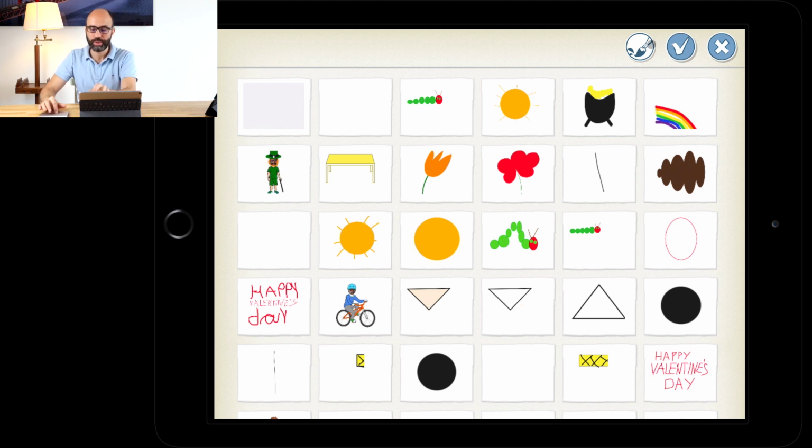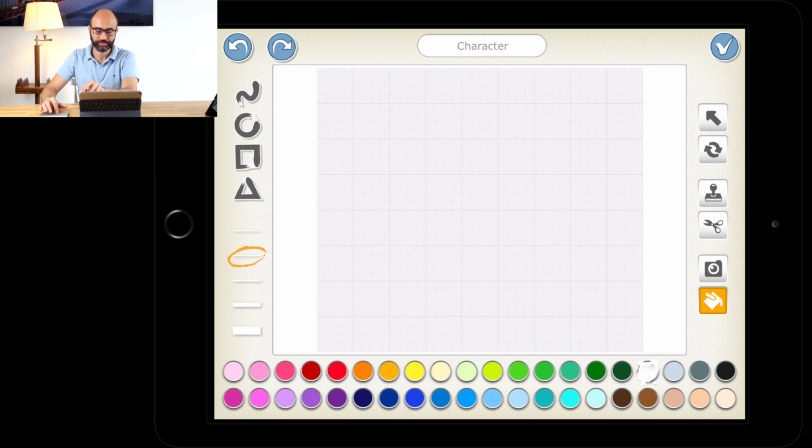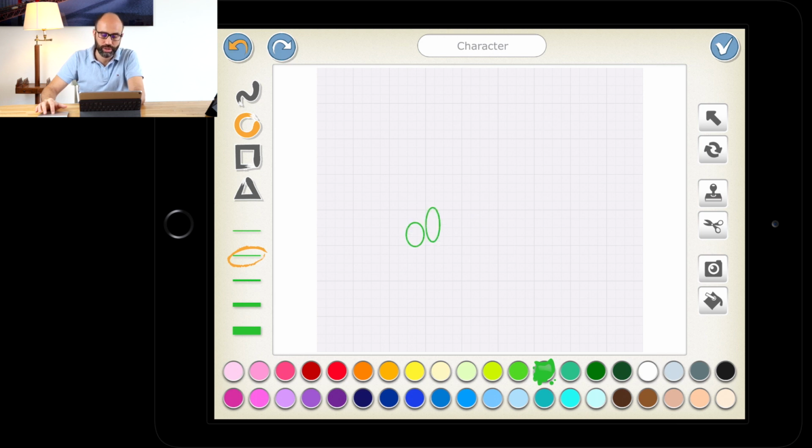So go up to the paintbrush. And now we're going to use the same green that we were using. So this one here, if you selected that one. We're going to choose the circle. And now we're going to actually make it a little bit like this. So I'll show you what I mean. We're going to draw again, small circle, a bigger circle, but then it goes up. So a bigger circle, and now it goes down again,